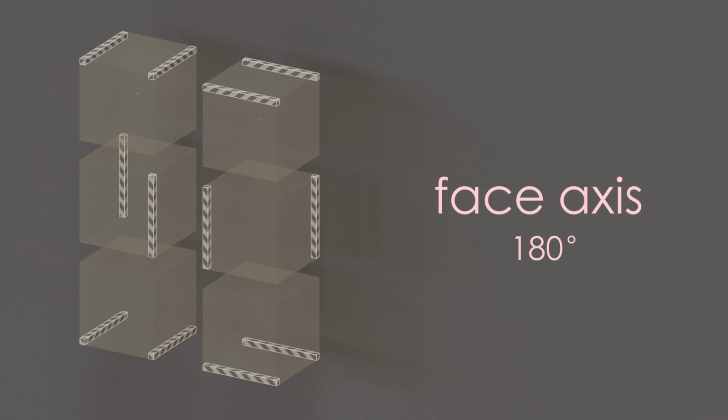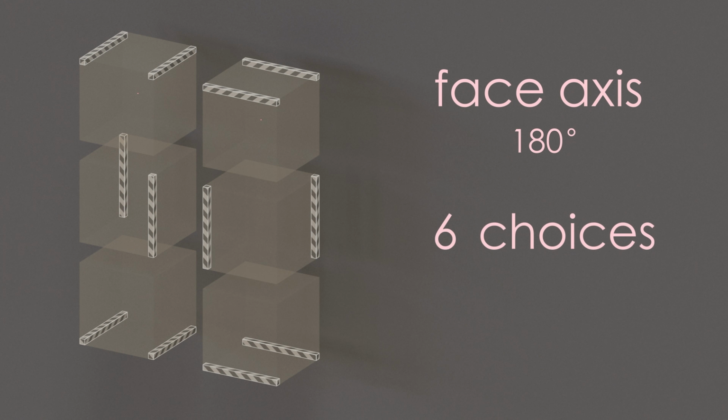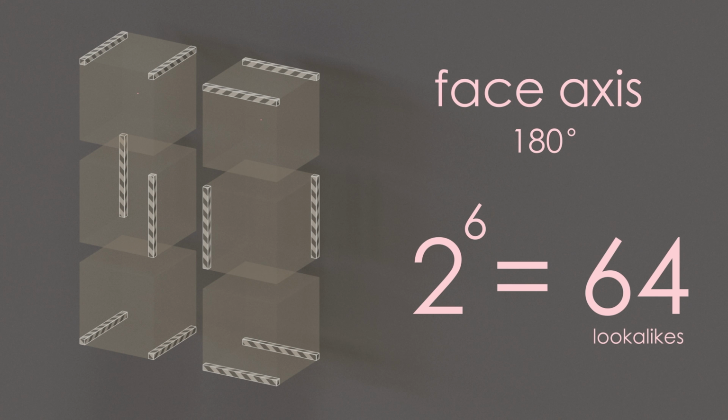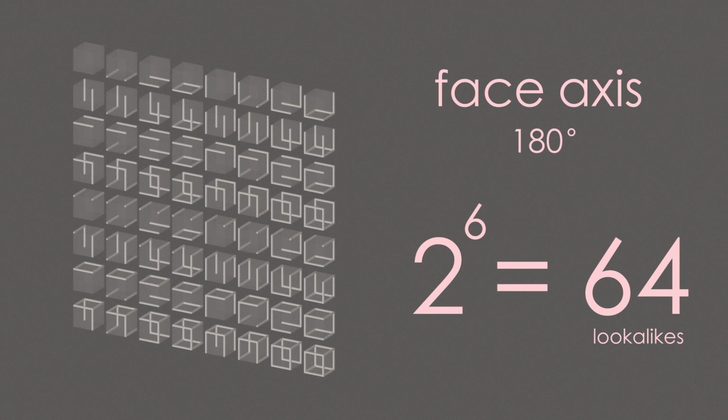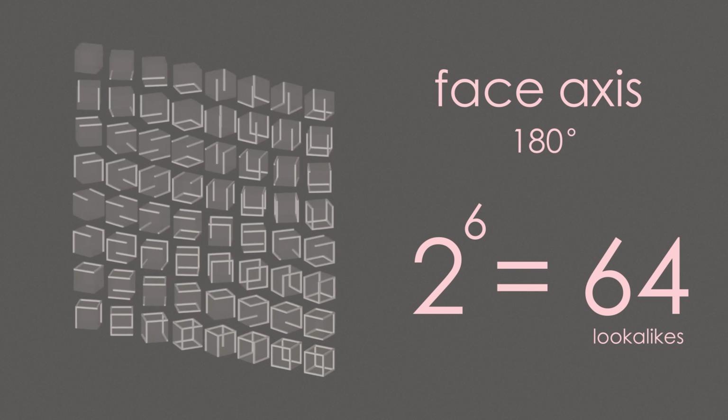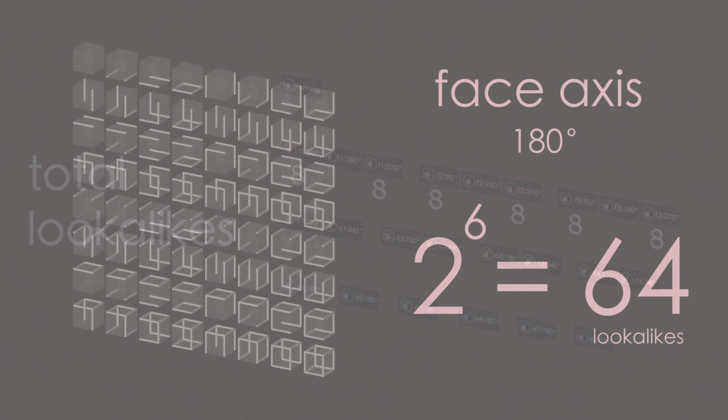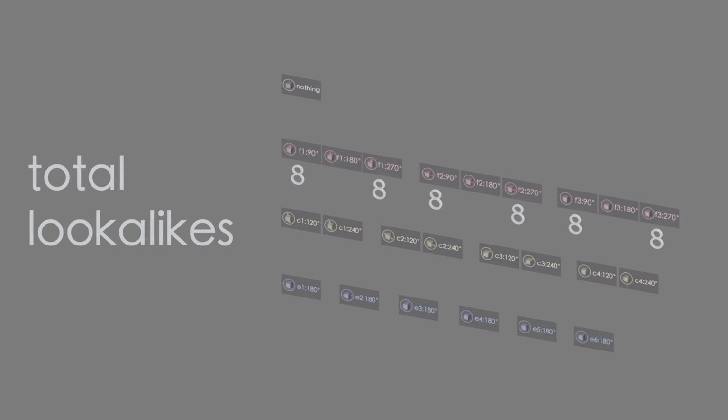So overall, this results in 6 independent choices, suggesting 64 lookalikes. You can see a set here. These are all of the incomplete open cubes that look the same after a 180-degree spin around the vertical axis. This allows us to close out the row of face axes with an additional 64 lookalikes for each of the